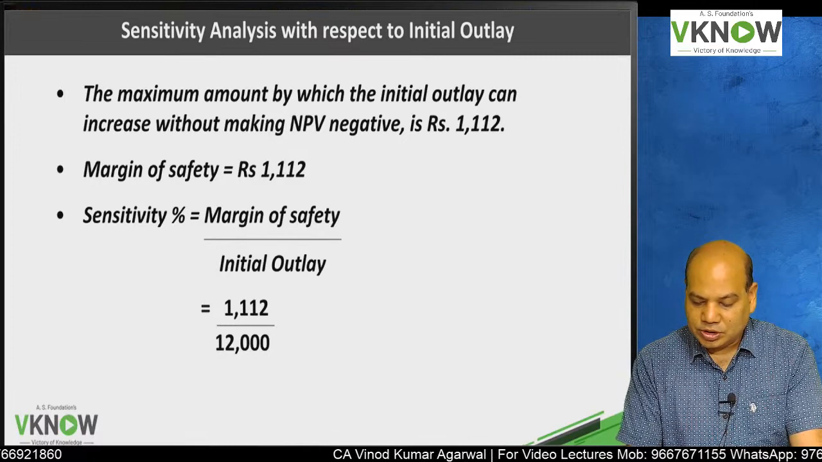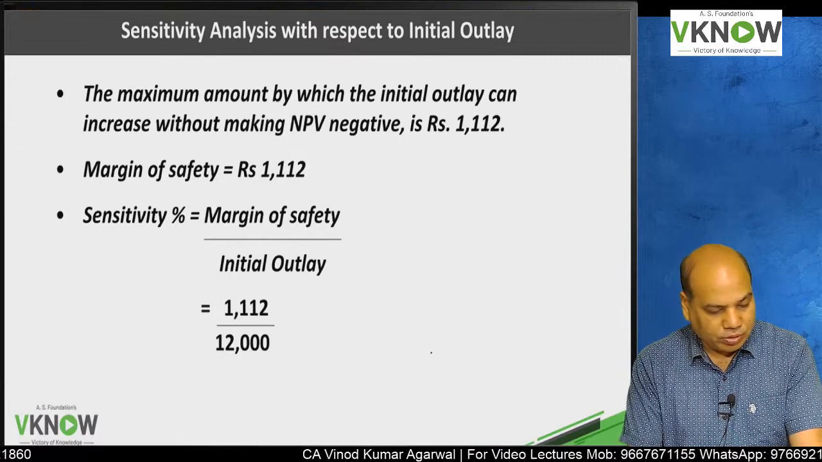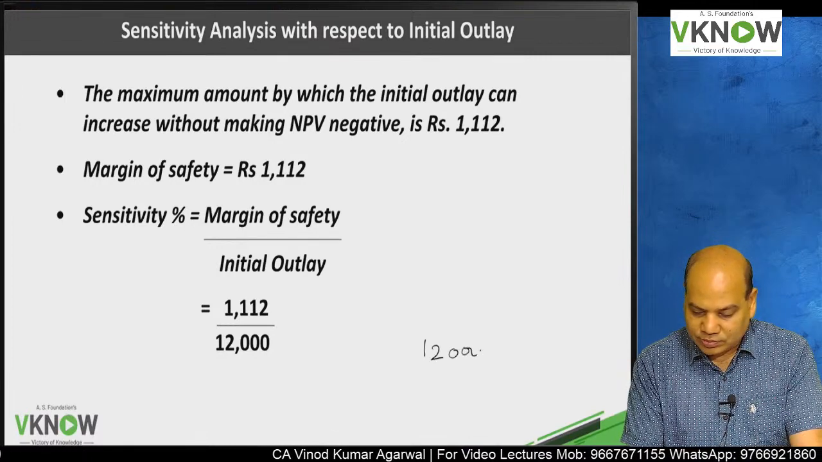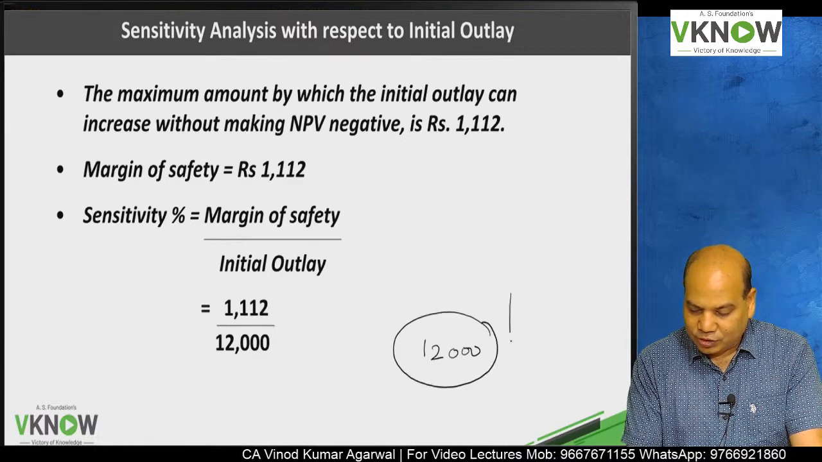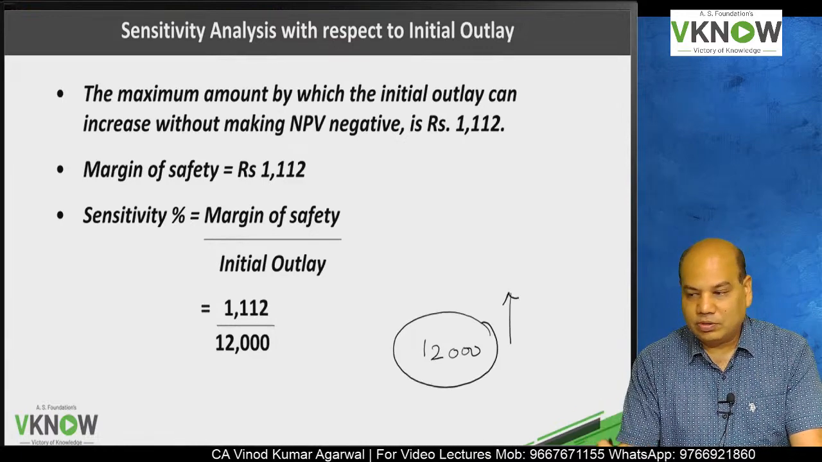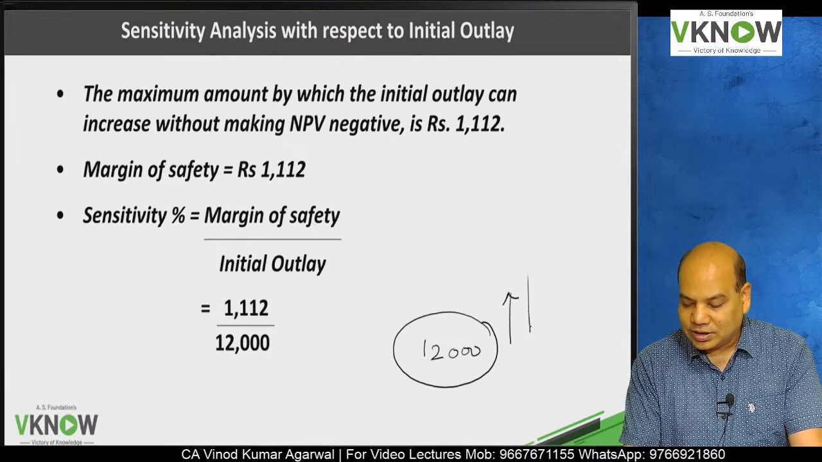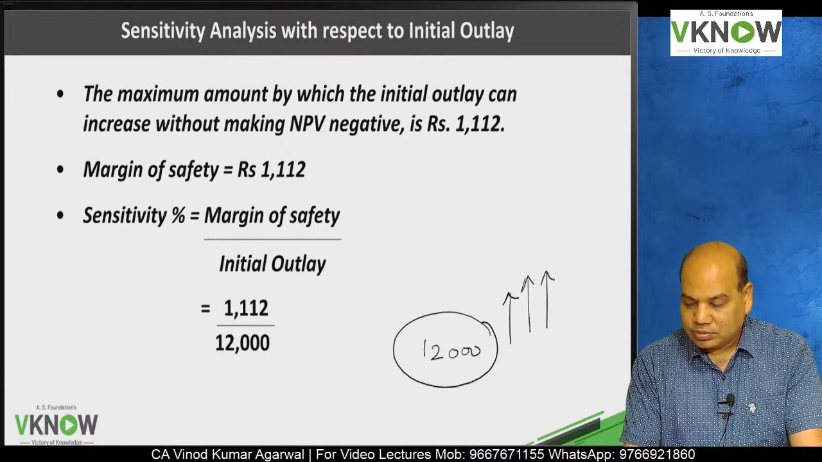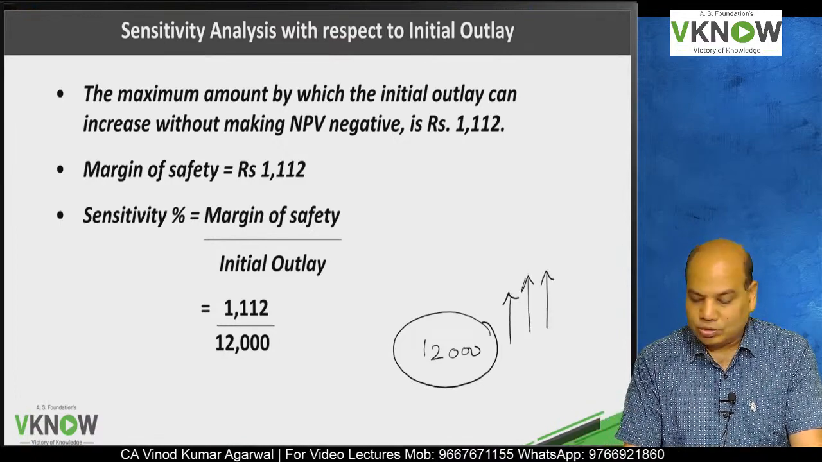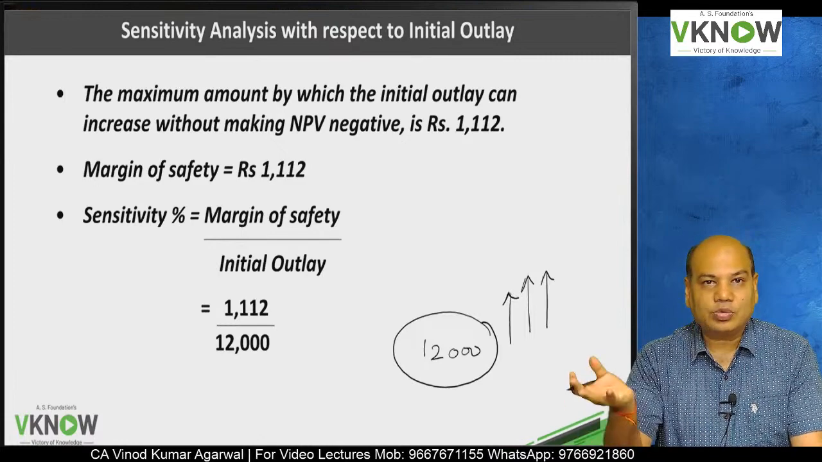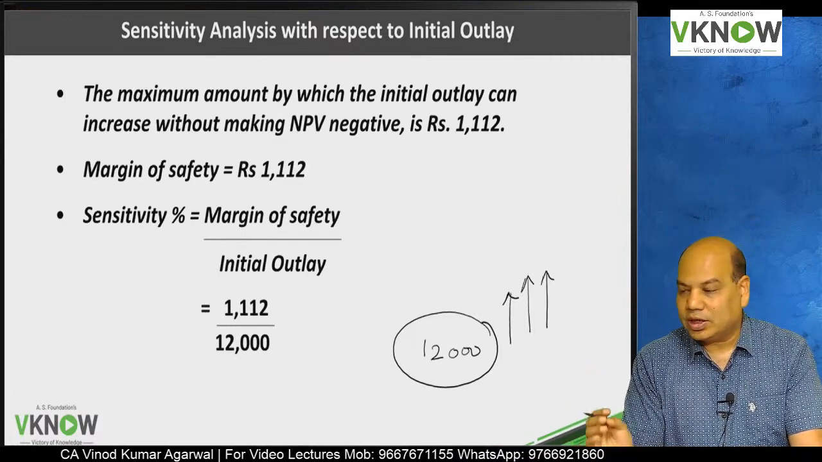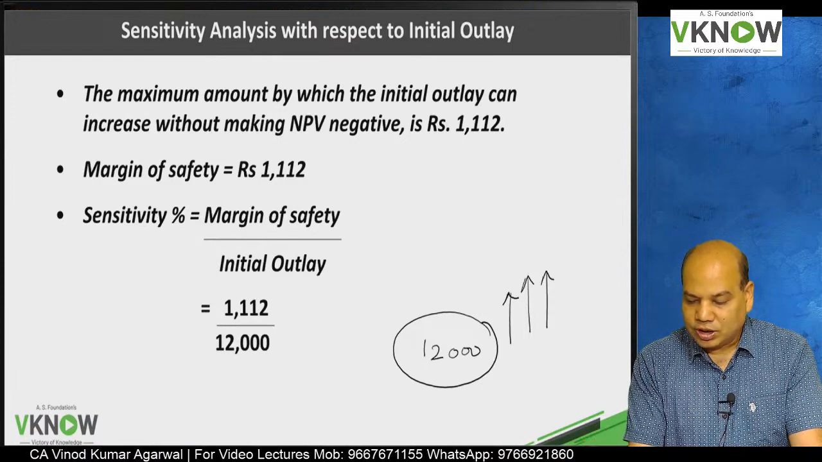That means question is, my cost of the project is 12,000. If it goes up, my NPV will reduce. To what extent it can go up such that my NPV is 0? To what extent we can allow it to go up so that NPV is 0? So the answer is